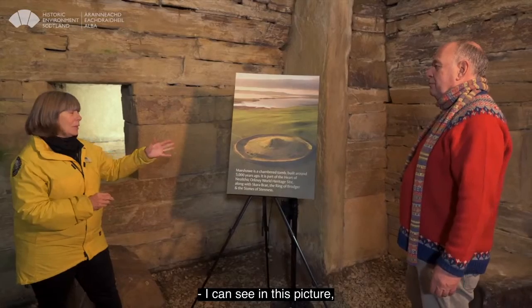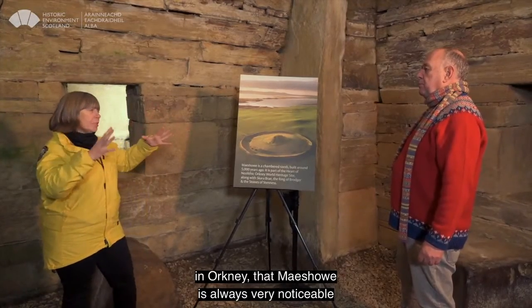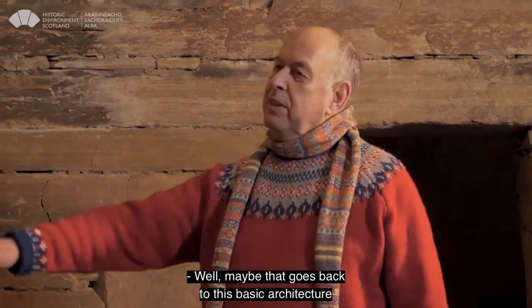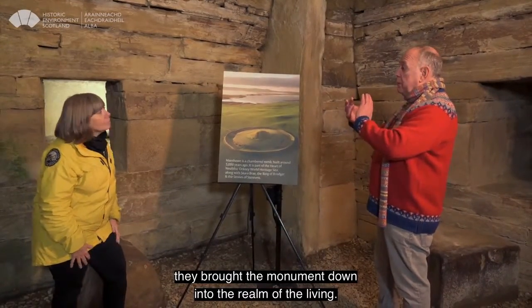I can see in this picture, and it's actually something that we can see in the landscape here in Orkney, that Maeshowe is always very noticeable within that landscape. Is this deliberate? Well, maybe that goes back to this basic architecture of the monument, because what they've done is they've brought the monument down into the realm of the living. So